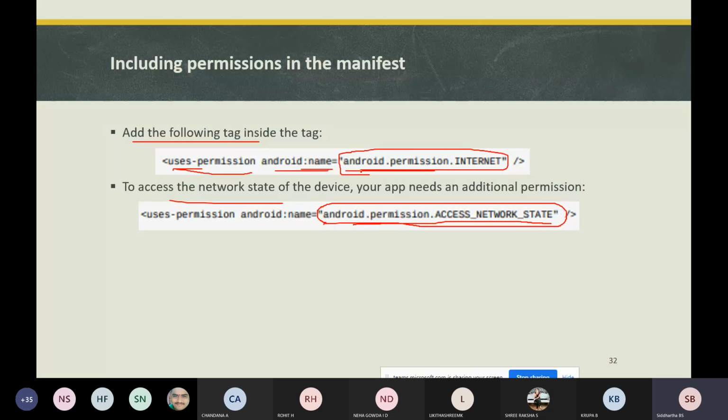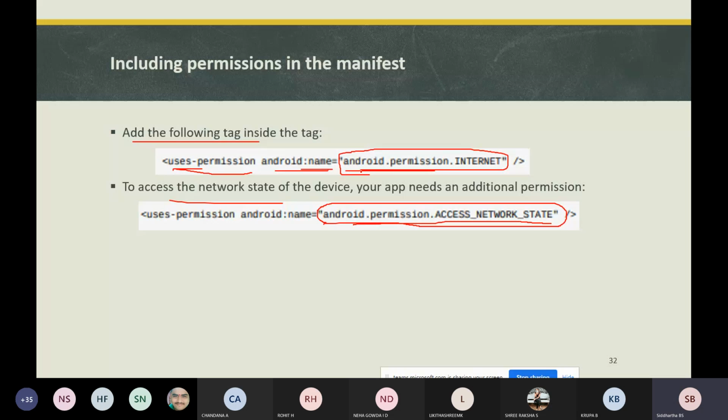When you are going to build a request URI programmatically, you need to use Uri.parse. Whatever string you have created, you need to pass that string. Along with that method, you need to use buildUpon and you need to append the parameters. Whatever parameters there are, you need to append those parameters: buildUpon dot appendQueryParameter.